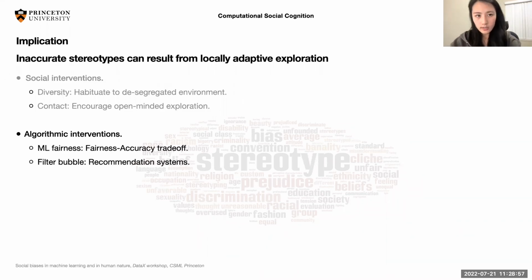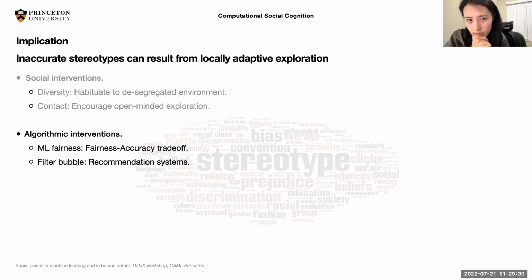A second implication is on machine learning and fairness, the topic of social bias in machine learning. Maybe this group might be interested in that too. We know that current machine learning systems sometimes produce social harm. For example, they produce really outrageous images relating to certain groups, or really racist text out of the black box model. Now, there are a lot of efforts to try to understand why machines are biased, and whether we can have more effective interventions to reduce machine biases in general.